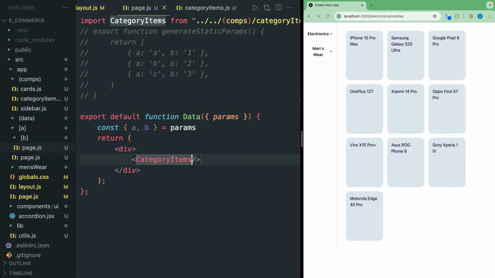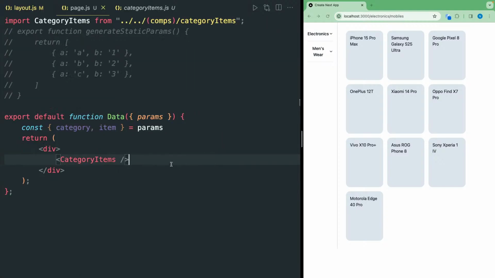So params is category, then item. Let me first check if we are getting the